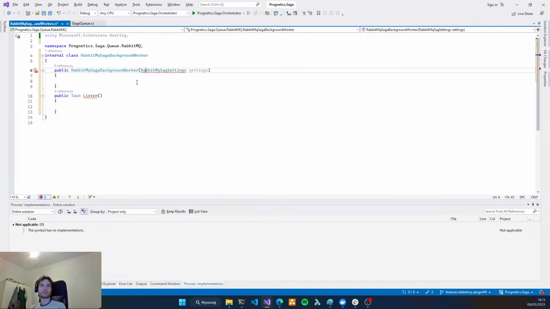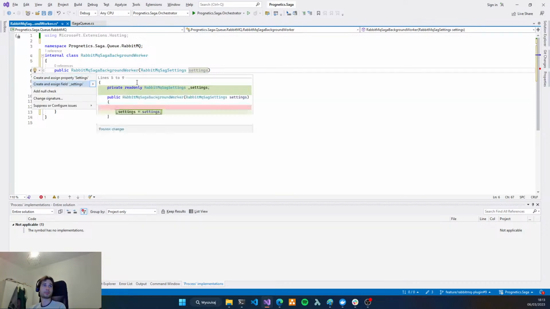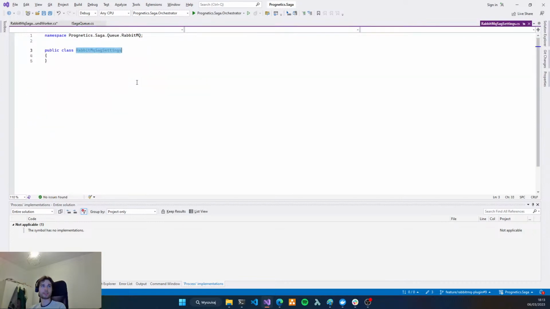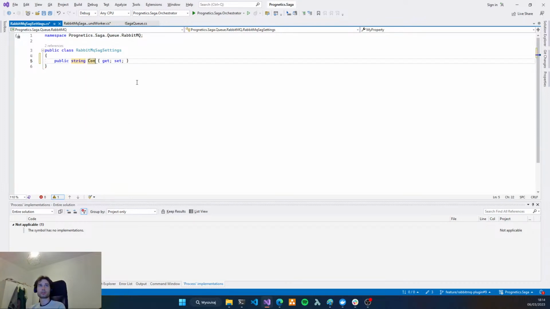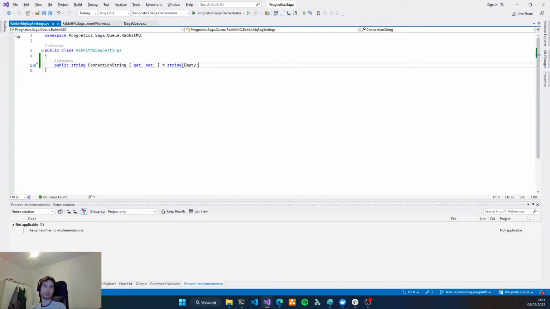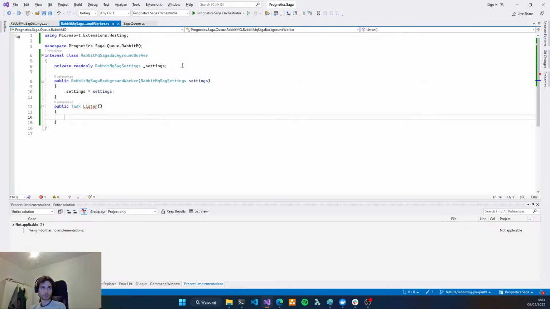Okay, let's generate the type, save it to a field, and to this settings we're going to add a connection string. Create connection string, and we have a non-nullable property. We can assign it a default value, string empty.